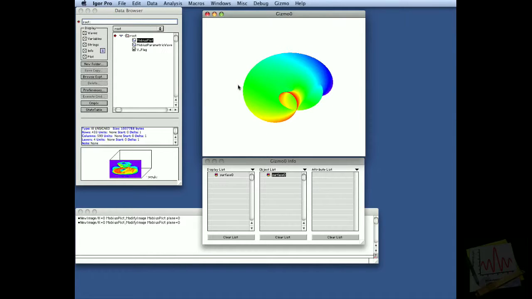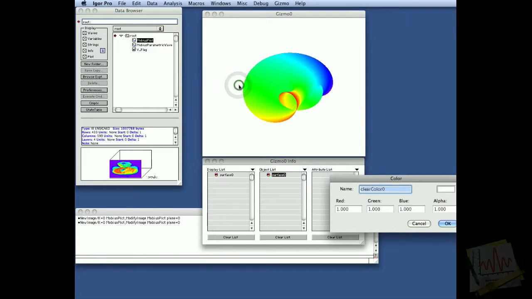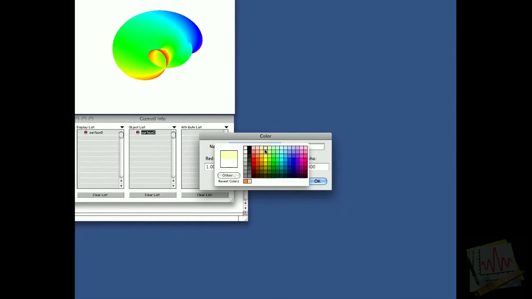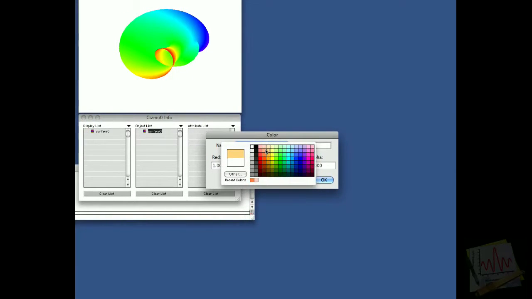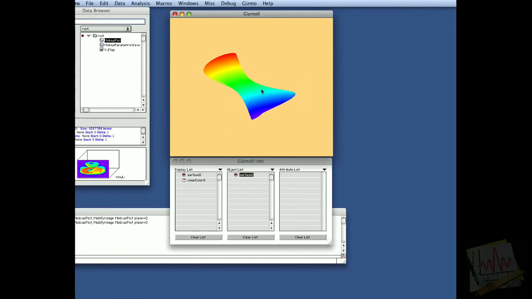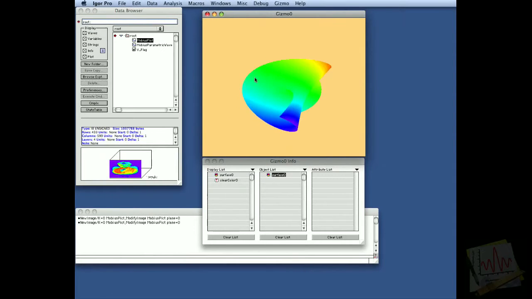To make it look a little bit better, we're going to right click in this window, edit background color, choose some other kind of color for the background so that we have something other than white, say OK, and there we go. We have a parametric surface displayed in Gizmo